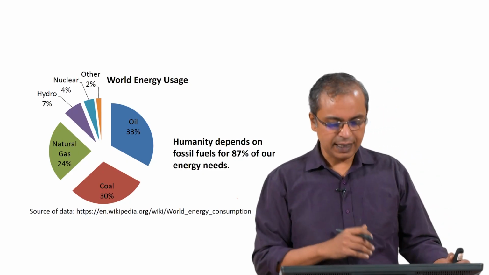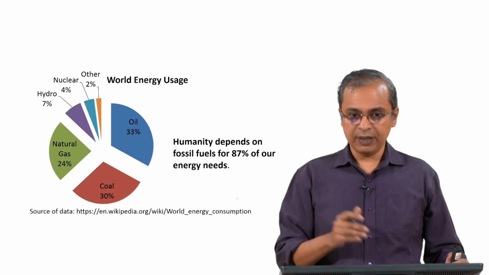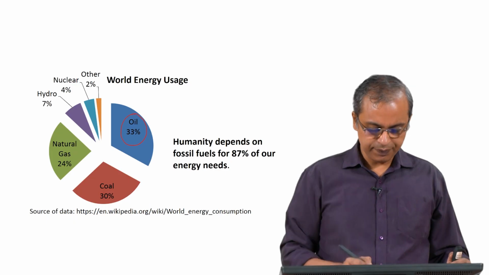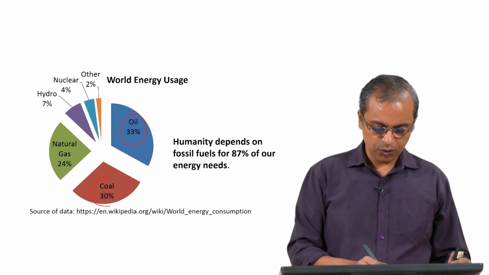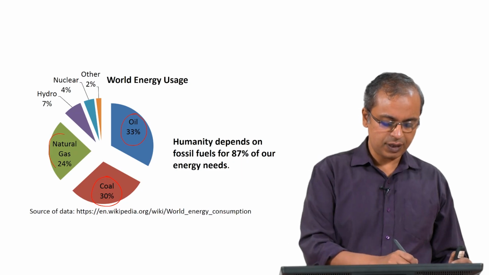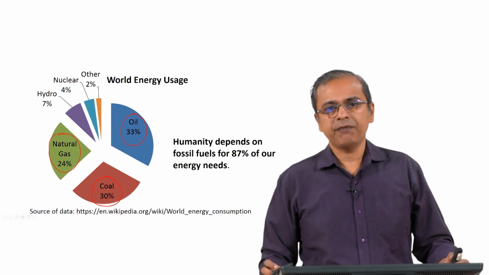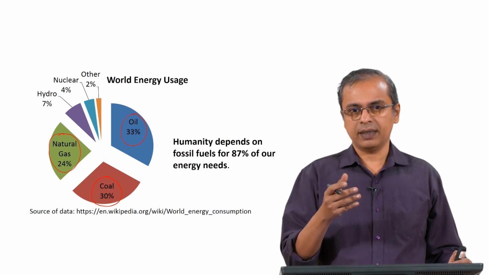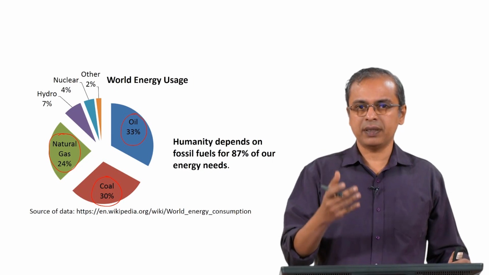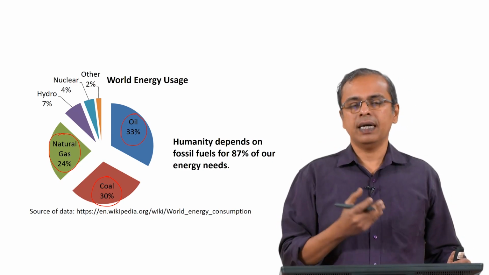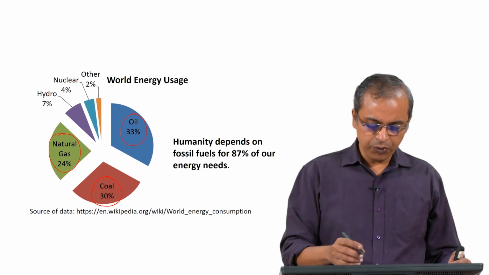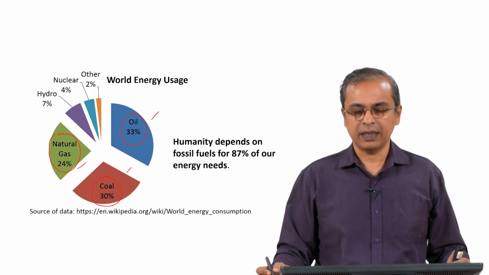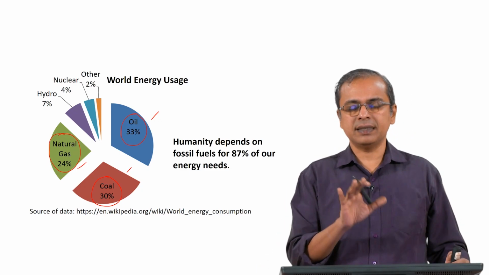But nevertheless, if you look at the statistic that we have here, the world energy usage, you will see significant usage based on oil, significant usage based on coal, and significant usage based on natural gas. If you look at statistics from almost any source that is in any way scientifically reliable, something which has gone through any kind of peer review, invariably you will find that these three are the major sources of conventional energy. So, generally there is a broad agreement on it.